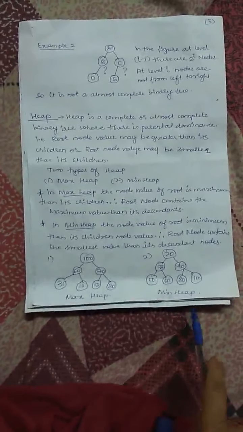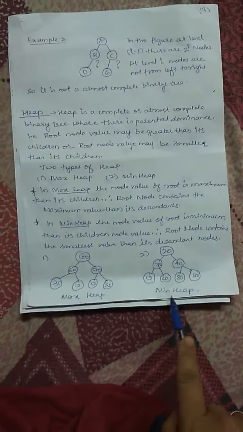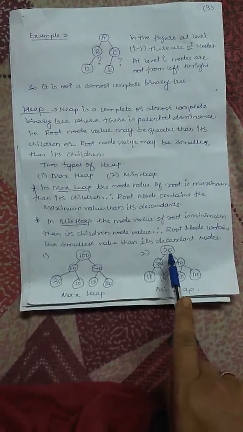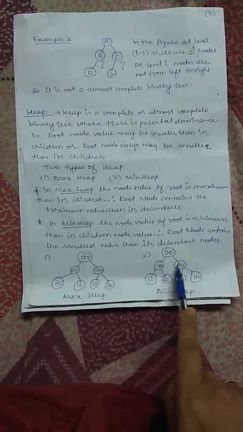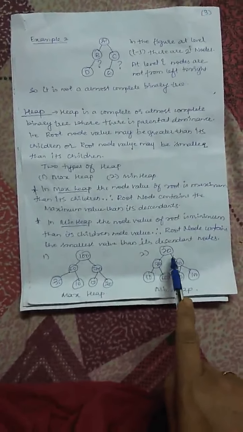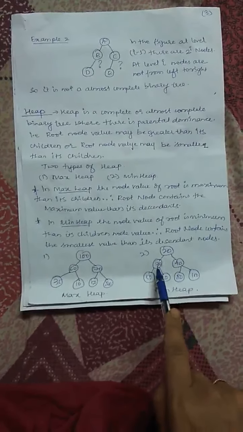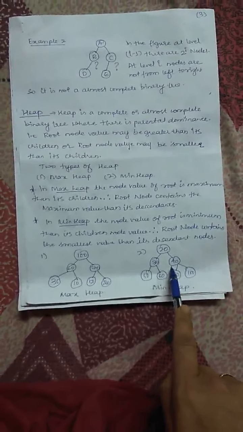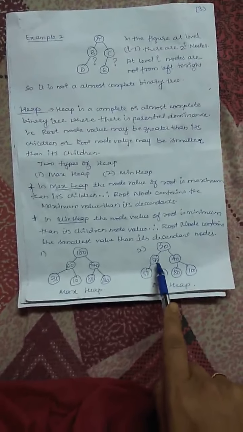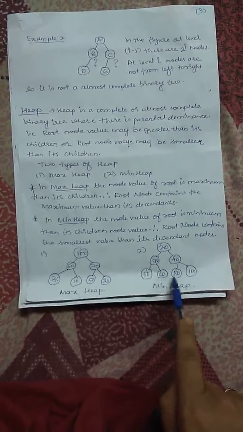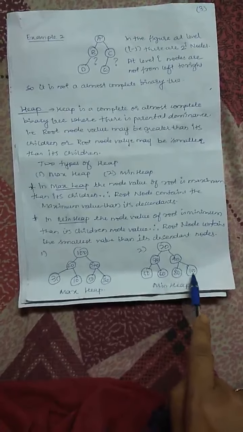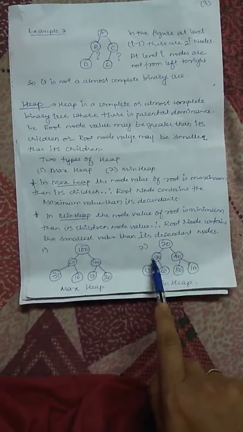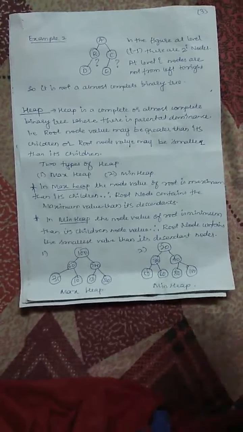Okay, opposite to that is the minimum heap. So in a minimum heap, what happens? The value of the root node is smaller than the value of its children nodes. Now here I have 20. What are its children nodes? 30 and 40. 20 is less than 30 and 40. Yes, now consider this one, 30. 30 is less than 50 and 60. Here 40 is less than 80 and 100. This is called a minimum heap, where the root node value is less than its children node values.